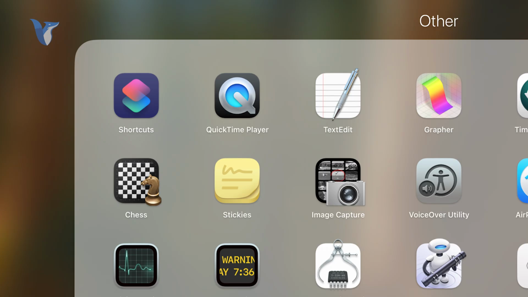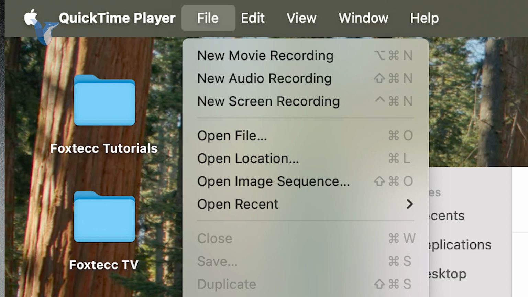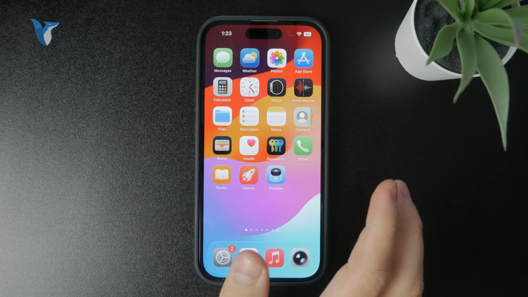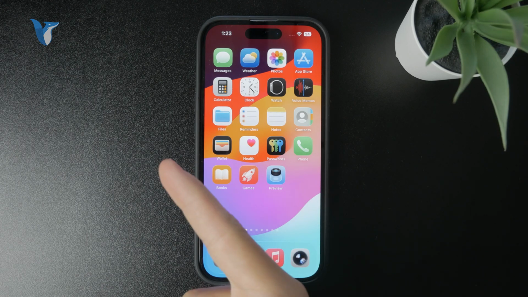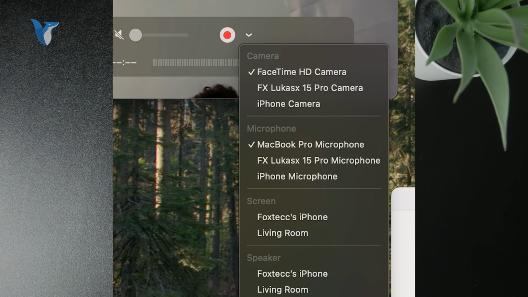On the other hand, there are more ways how you're gonna do this. The other option is using the QuickTime player, which is also like a built-in app to the Mac. You can open it up like this, click on the file and start new movie recording. Make sure you have your iPhone connected to the MacBook through USB cable. Make sure that you give access to it on your iPhone. And then from the devices in the movie recording, you'll select the iPhone and basically it will show up on